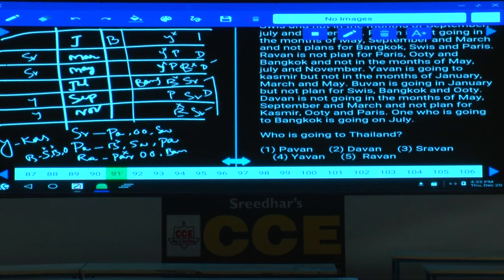Y Kashmir may be at this place, isn't it? What is the other possibility here? Y at this place, Kashmir can be at this place, isn't it? Y can be either in the month of September or in the month of November. As Y is in the month of these two, then